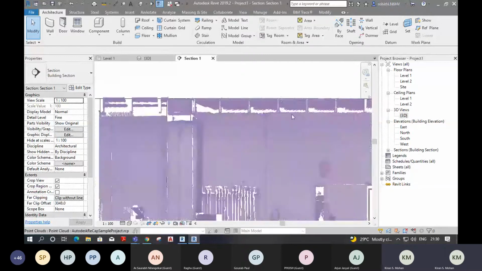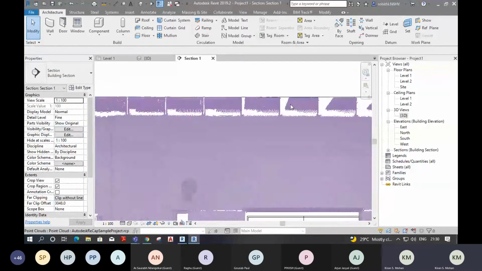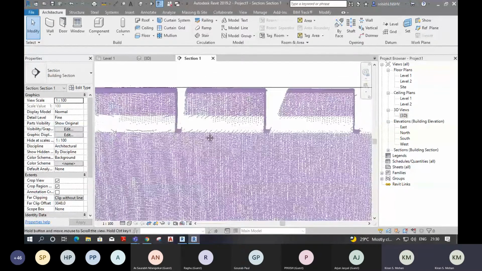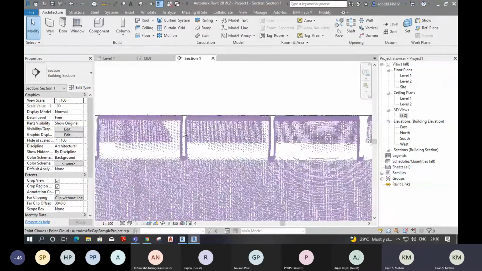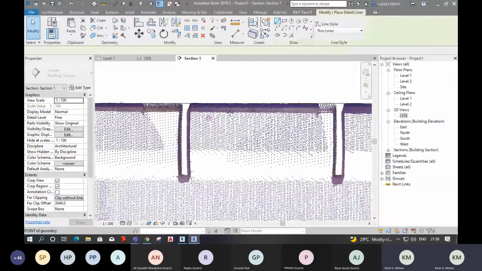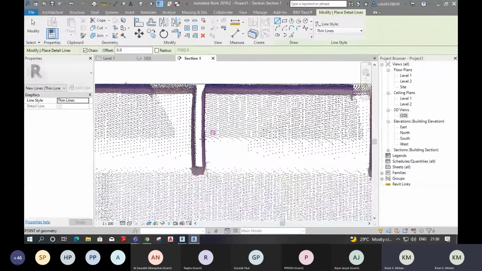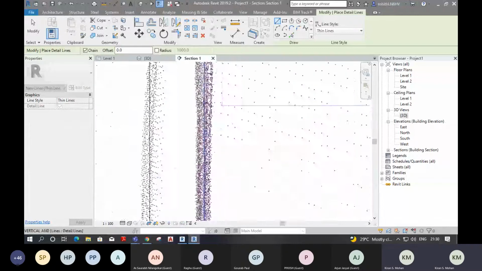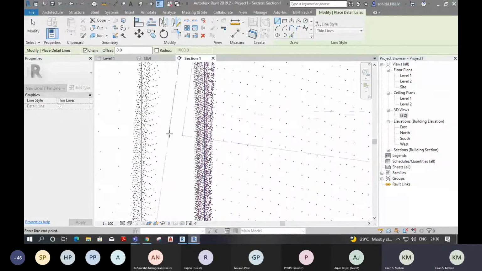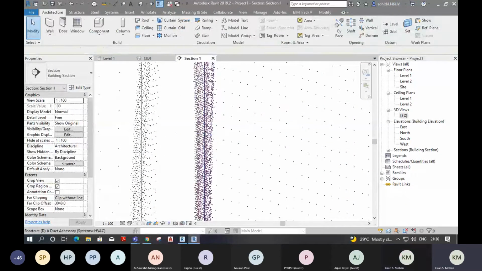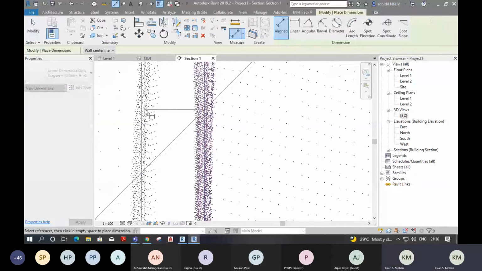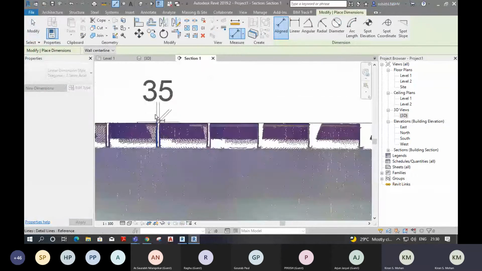I'm placing these lines in the middle of these points. Now go to distance, measure it. It's almost 35 mm. Anyway, you can go for a wooden joist standard, and you can check this dimension in that data also. Or you can ask the clients about these dimensions. If they have any typical details, they will share them with you. From that, you can measure this and you can make a family.